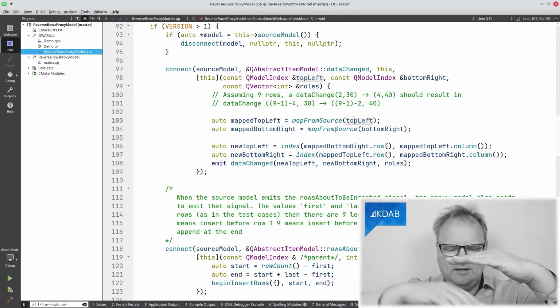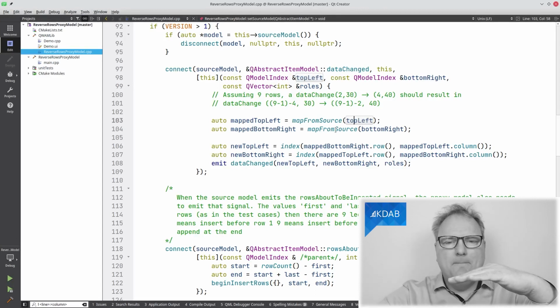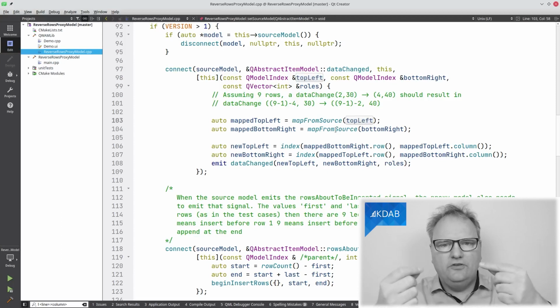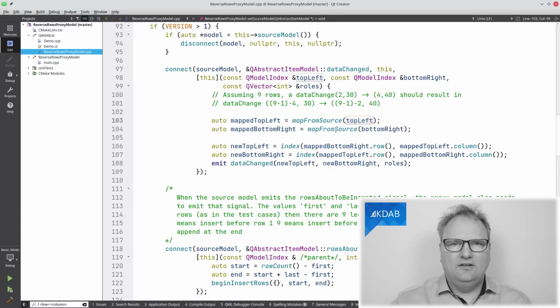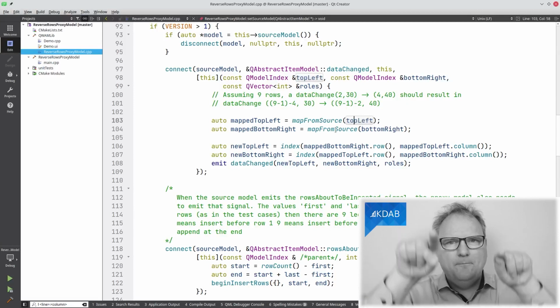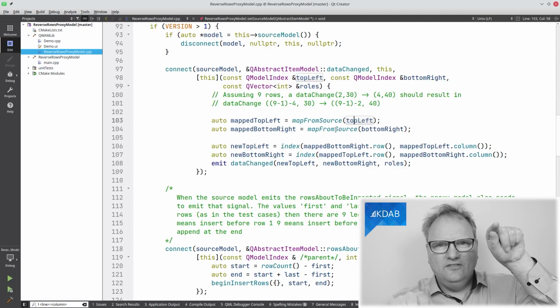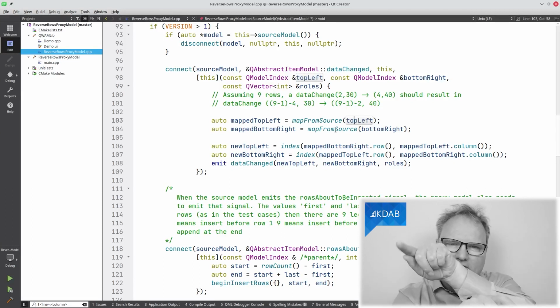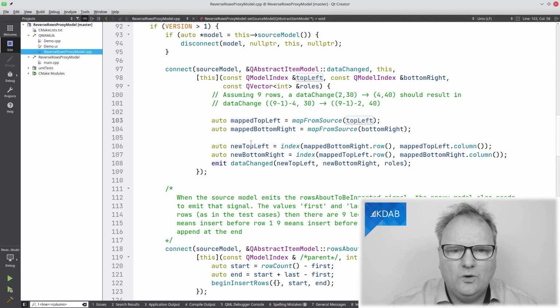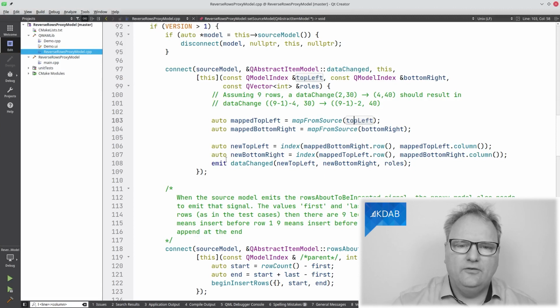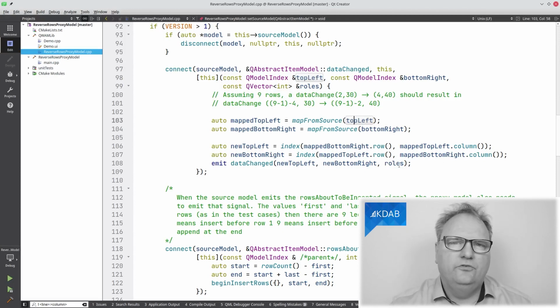So I'm a proxy model here. The source model tells me this and that index has changed. I convert them to indexes in mine. But given that I flip them, I should give it this setup here instead. And that's why I calculate the new top left and the new bottom right. The roles didn't change, so it's the same roles. So now I call emit dataChanged with these 2 indexes and the roles.